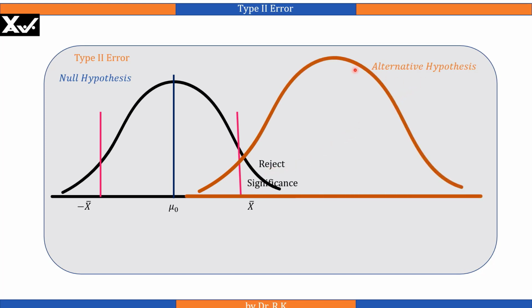And this is alternative hypothesis distribution, mean is not mu naught, something else. Now, if the actual test value falls in this region, that is P value is more than the alpha value, we fail to reject the null. We accept the null. But the null is not true. Alternative hypothesis is true. And this yellow line will fall in this region. What is the chance? The chance is this area. So this is the area indicating the chance of the actual test value falling in this region where this has to be rejected, but we are accepting. Therefore, this is called type 2 error.